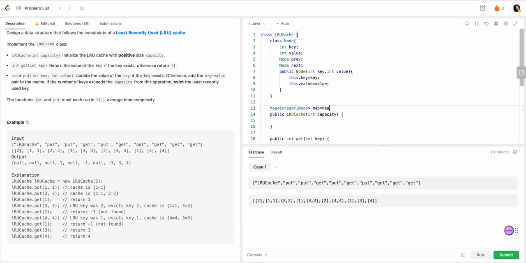So we'll create a new hash map, and we will create two nodes as well, the head node and the tail node. Everything will be added between the head and the tail. So node head is equal to new node. We will initialize with say 0, 0, or you can initialize with anything like -1. That does not matter. We will just have our head and tail nodes,